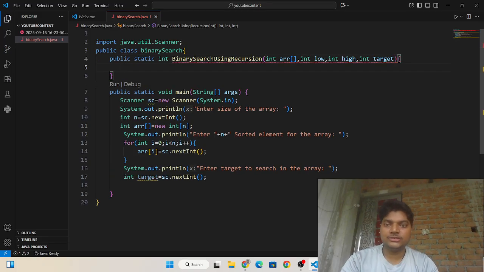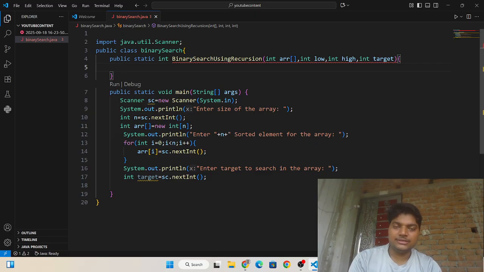So what is the base case of this algorithm? The base case is if the low variable is greater than the high variable, it means you are not finding that target element in the array.